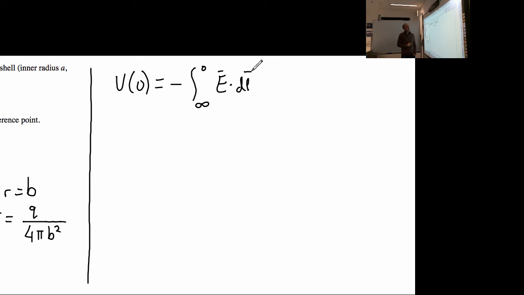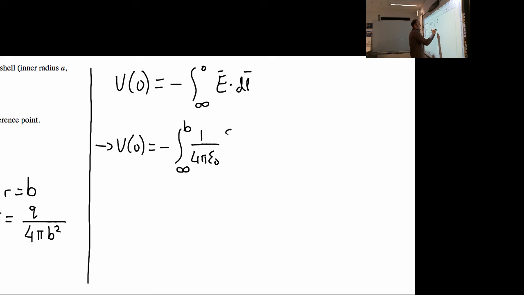So now what we're going to do is break this up into a number of different integrals, and we're going to calculate the potential at different points. So from infinity to the surface of the spherical shell, from the surface of the shell to the inside surface of the shell, and so forth. So now what we can write is our potential will be equal to the integral. The first one is going to go from infinity to the surface of the spherical shell, which is b. We have 1 over 4 pi epsilon naught times Q over r squared for the electric field, dr,